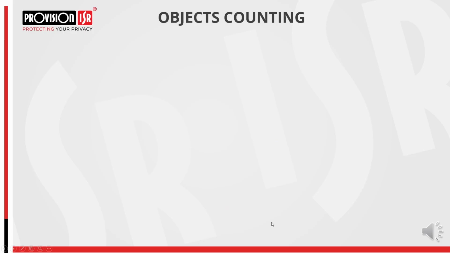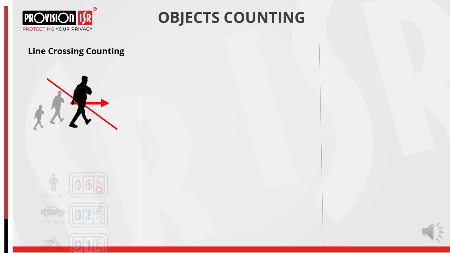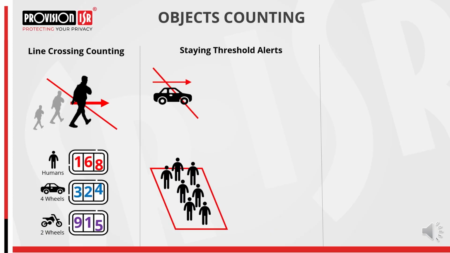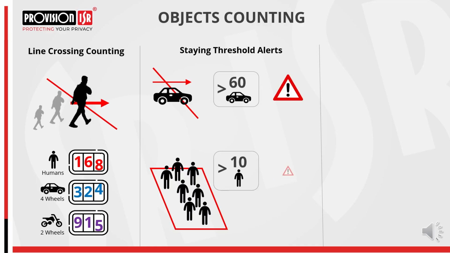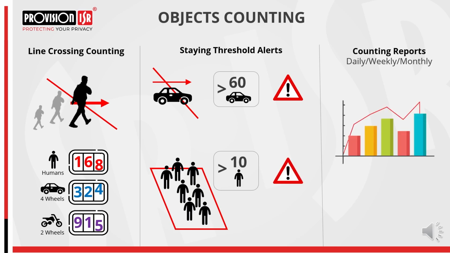Object counting analytics is based on the line crossing and sterile area analytics that we reviewed earlier. Using this analytics type, we can count all three object categories. A reaction can be triggered when the number of objects crossing a line or detected within an area exceeds a defined threshold. In addition, reports can be generated and viewed by, for example, a shop owner to analyze visitor statistics